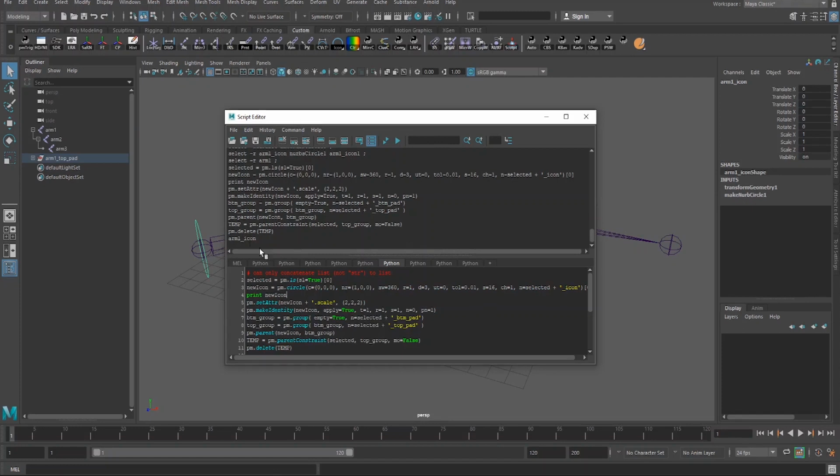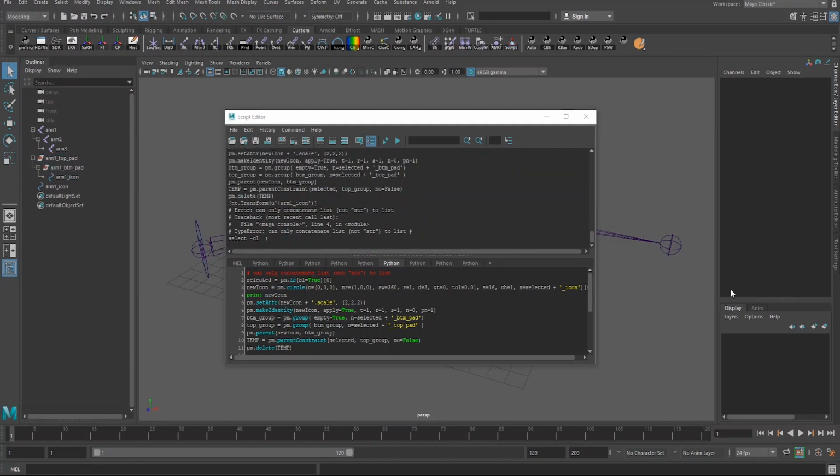So, and you'll notice when I print new icon, all it's returning to me is arm1 icon. So it's actually only returning just the transform node here. It's not referencing the make NURB circle node. Now another thing to point out with the circle command is there's also this construction history flag that's created